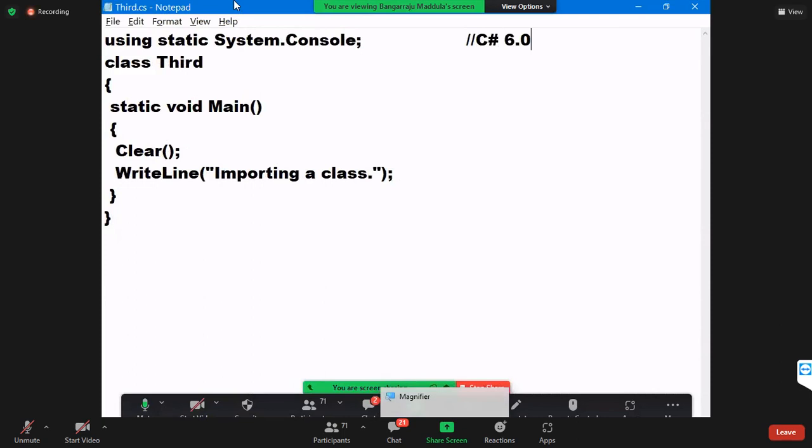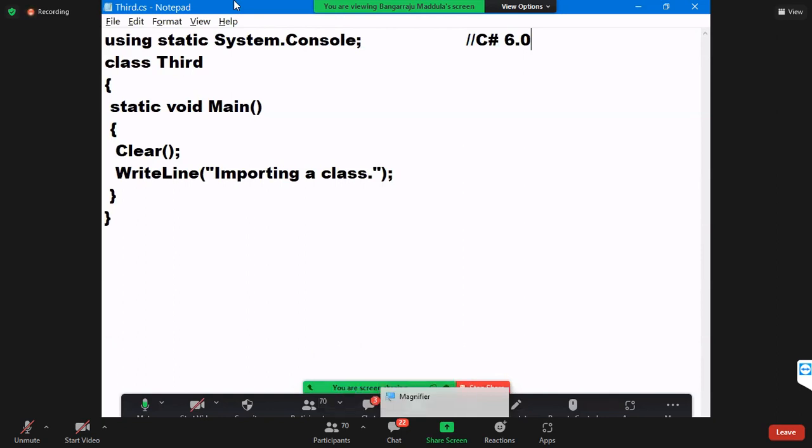Actually, guys, we always follow the second option only, not the third. The third one is used only in specific scenarios; otherwise it won't be used at all. The reason: if you import the System namespace, can you consume all the types in the System namespace? Yes, you can consume all the types of the System namespace. But if you import the Console class, you can work only with the members of the Console class